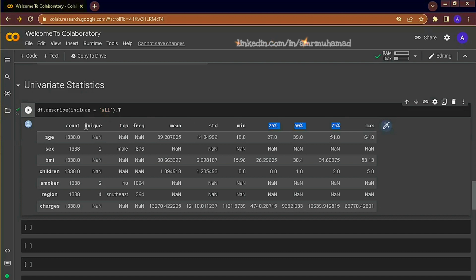Note that not every statistic is calculated for both types. For categorical values, we have only the count, unique, top, and frequency. So, for example, we see here that the total male customers is 676. It's almost half, so we can say that it is a somewhat balanced dataset.